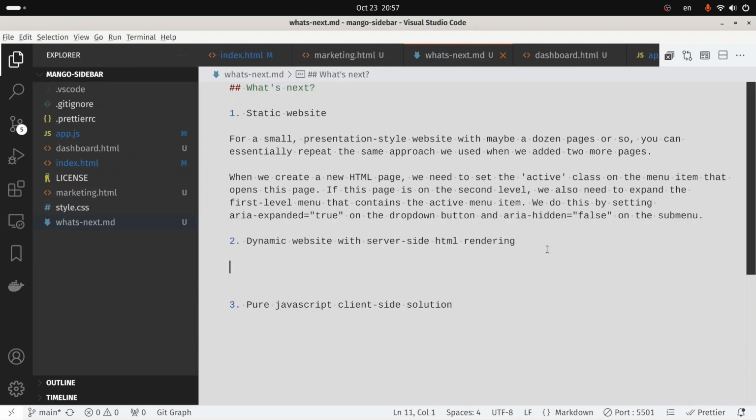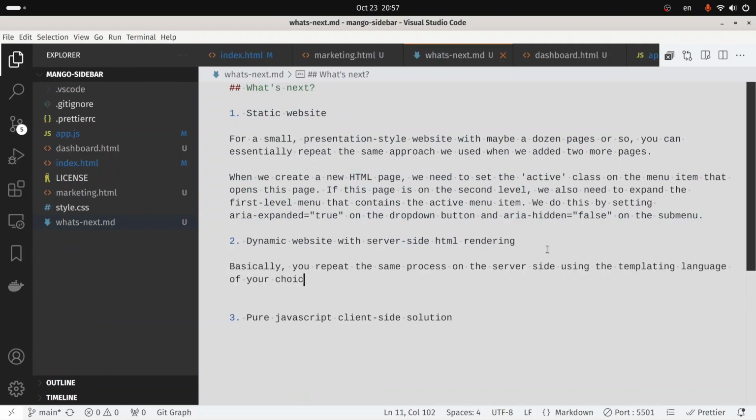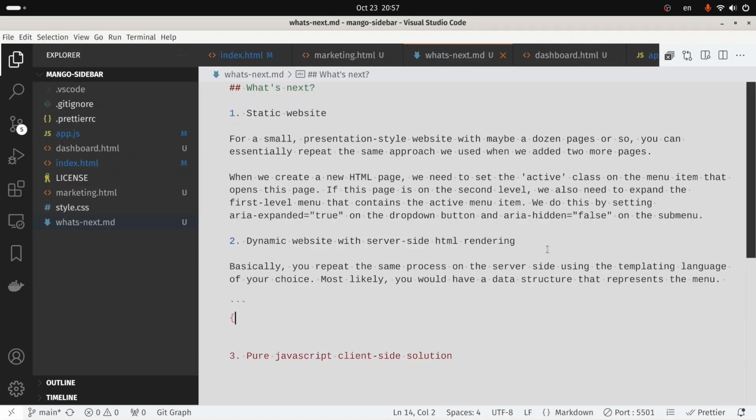Second option is dynamic website with server-side HTML rendering. Basically, you repeat the same process on the server side using the templating language of your choice. Most likely, you would have a data structure that represents the menu. The code will look something like this. You'll have a current URL variable. If a link in the menu matches this URL, you'll need to set the active class on the list item